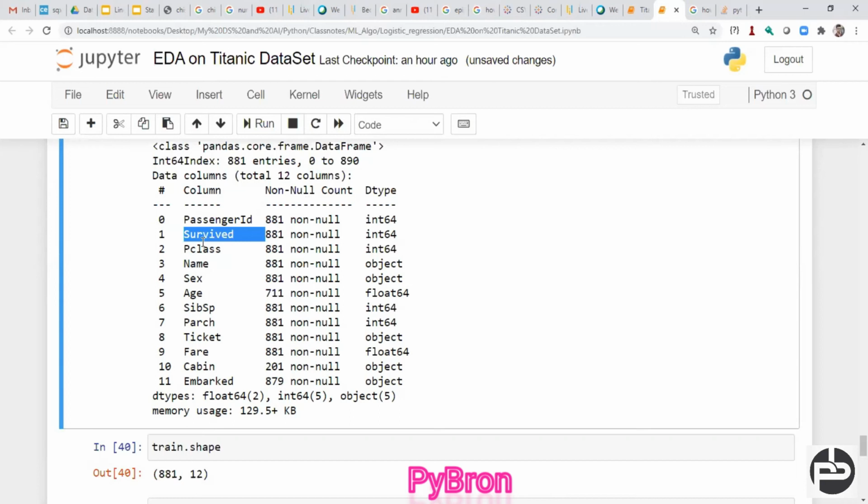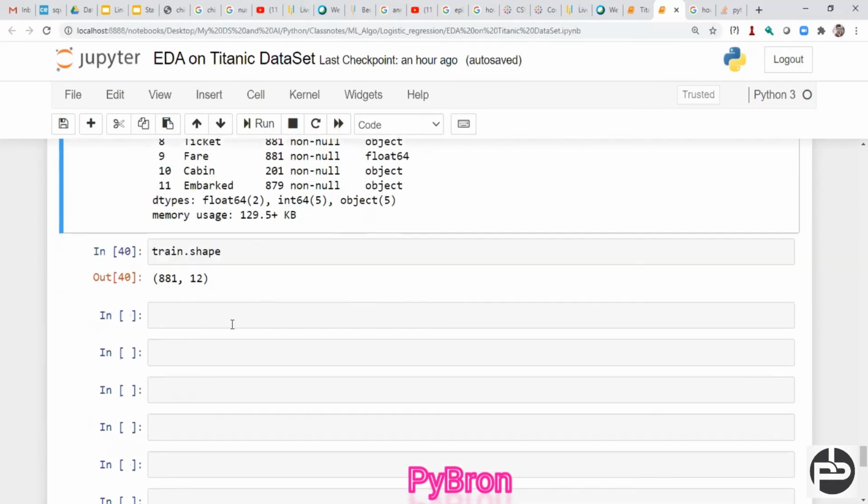If I remove the Survived column, then we have 11 columns, but I don't know which column makes an impact on analyzing survival, whether that person will survive or not. In order to deal with this kind of problem, we are going to learn the heat map.